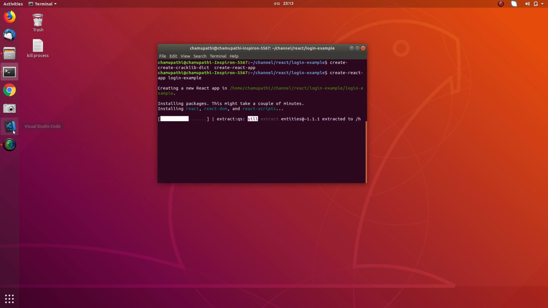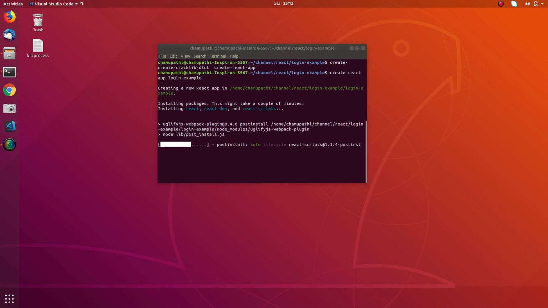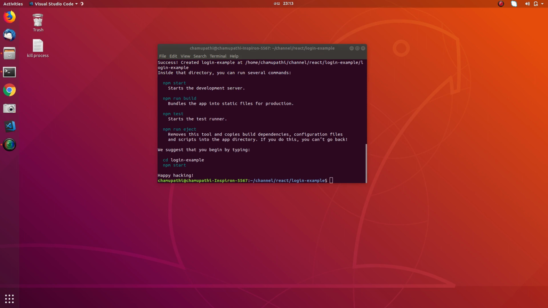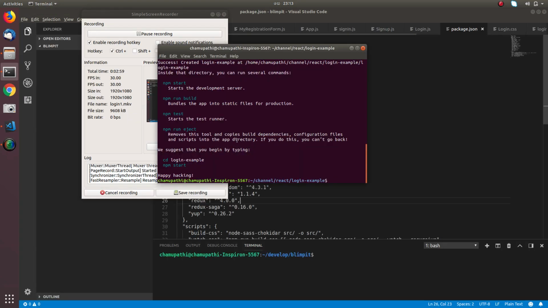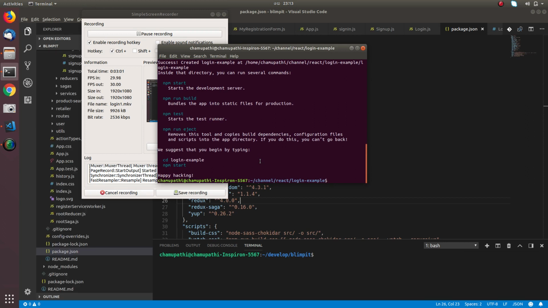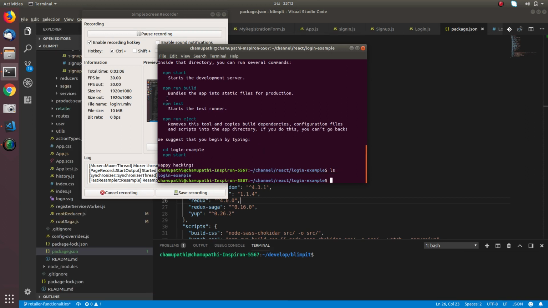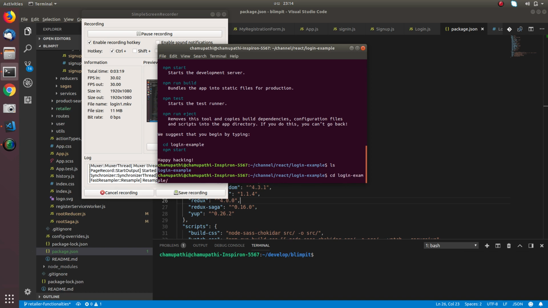In this tutorial I am using Visual Studio Code as my IDE. You can use any other IDE you prefer. Meanwhile, create-react-app has finished its work. If we see what we have in here, you can see that a new folder called login example is created. So I am going inside that folder,